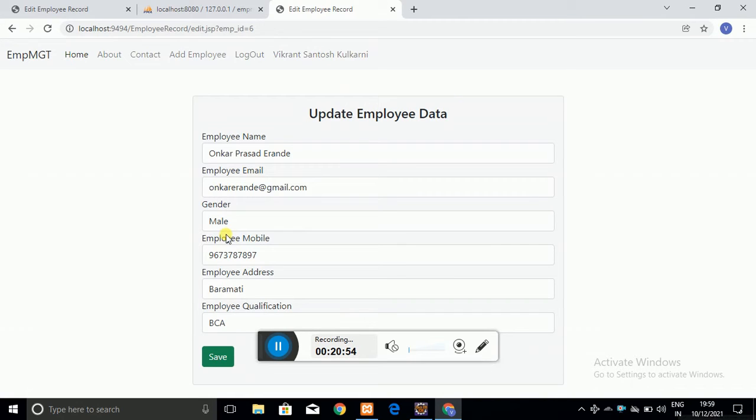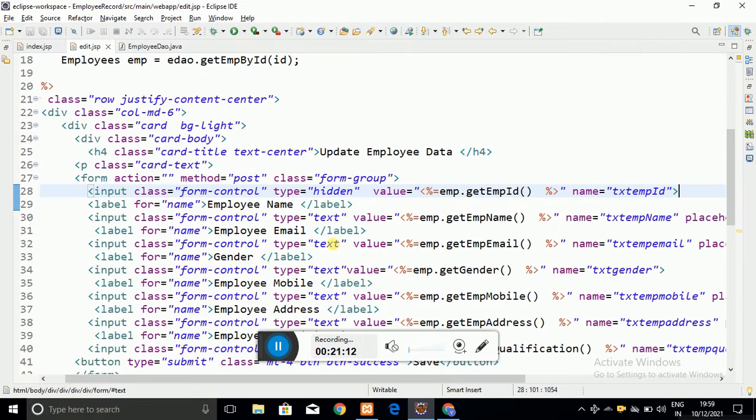All the data is loaded, but whenever the user makes changes to a field, that change should be updated in the database. For that purpose we require a servlet, so we are going to create that also.